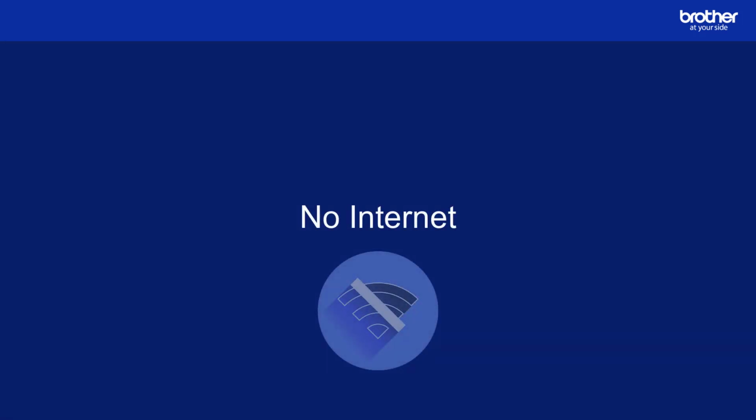No internet. If your SNTP settings are correct but are internet facing, another possible cause could be that your device is not connected to it. A simple check could be to ensure that your other devices are able to connect to the internet. If they can, then please check that your Brother device's IP address and gateway are correct. If they are, the problem could be related to DNS.